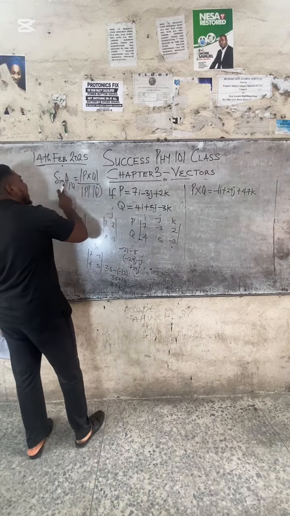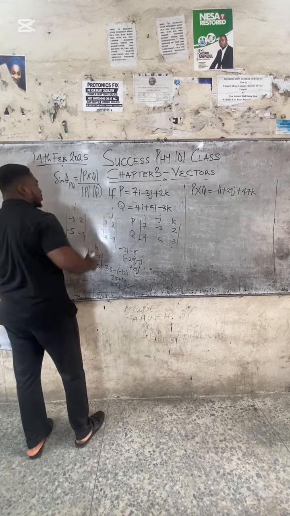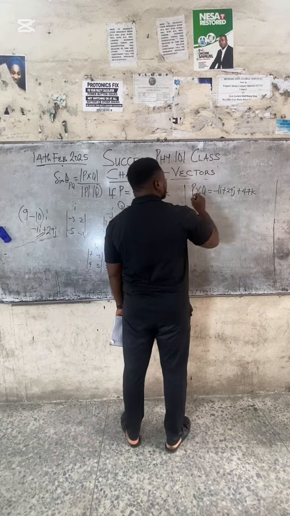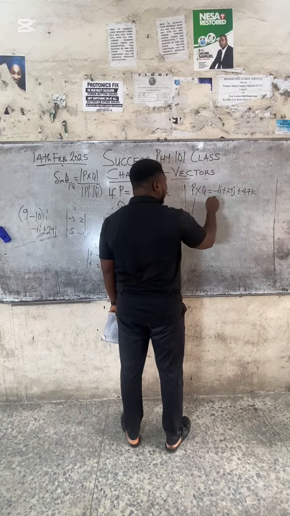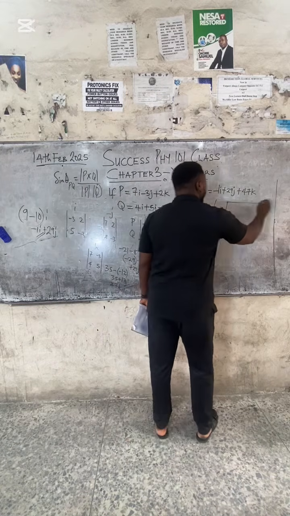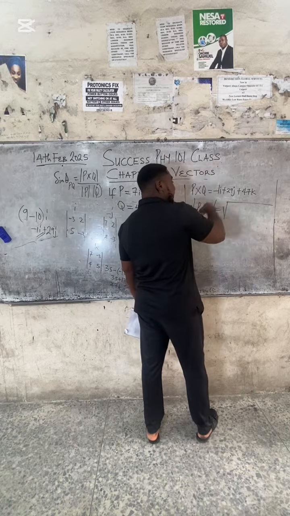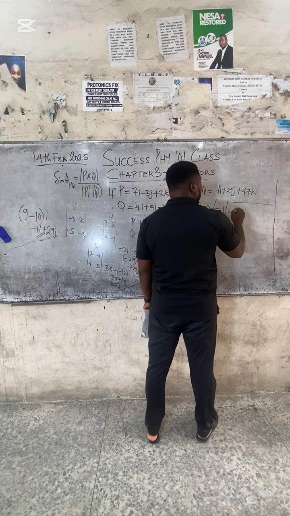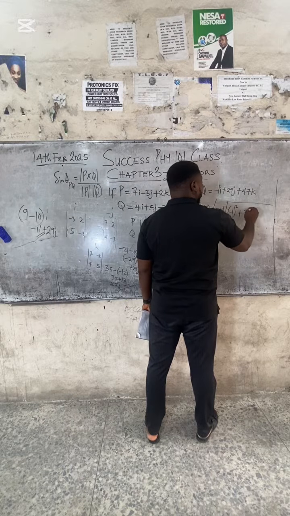Class, the sine theta asks us to find the magnitude of P cross Q. The magnitude of P cross Q is the magnitude of this answer we got. When you want to find magnitude, start with the square. What is now the magnitude of P cross Q? The magnitude of this answer, that is minus 1,